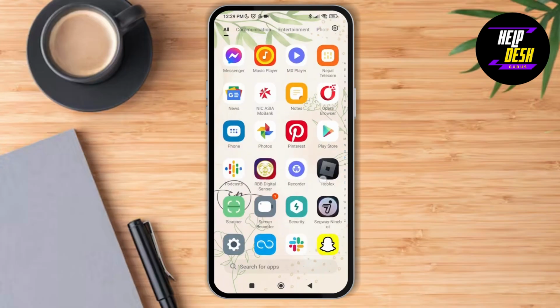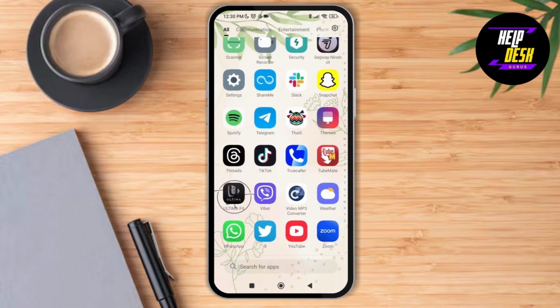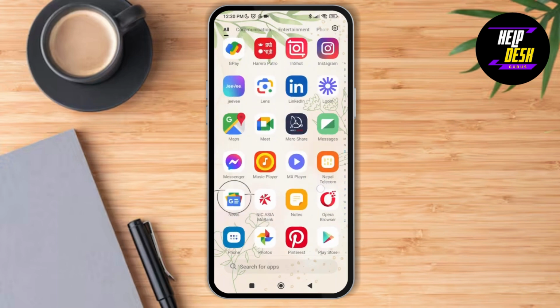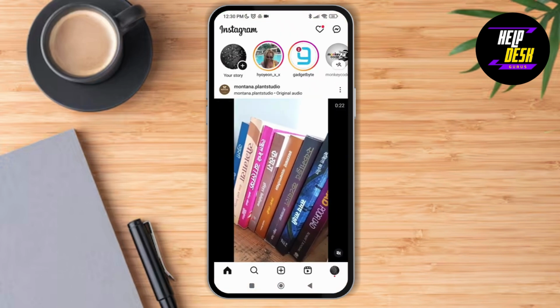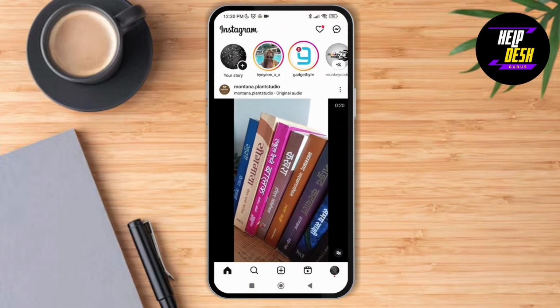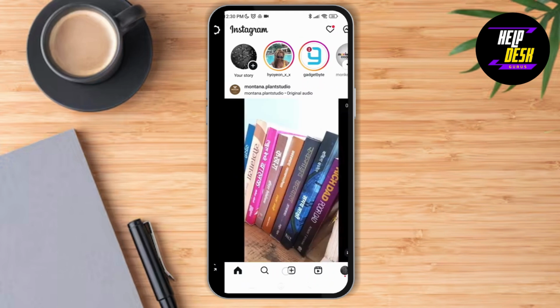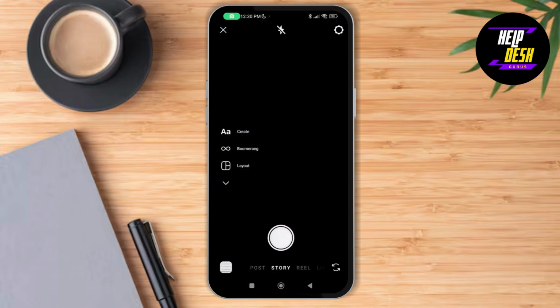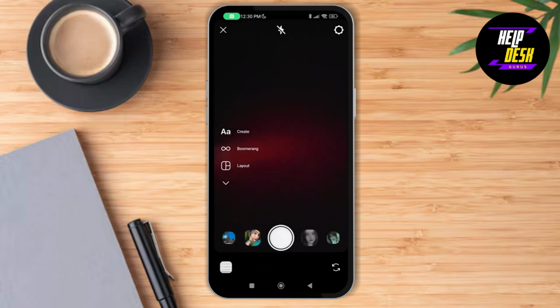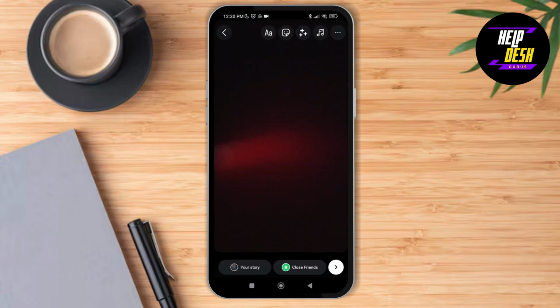So first of all, make sure you have a stable Wi-Fi connection on your device. After that, simply launch the Instagram application and make sure you're logged into your account. Now as you're logged into your account, tap on the plus icon over here at the bottom to add a story. And as you tap on the story, just click a random picture over here, or you can upload